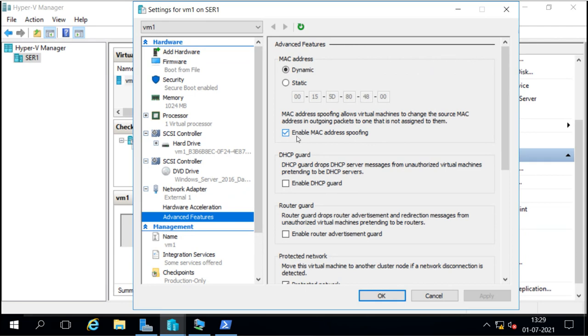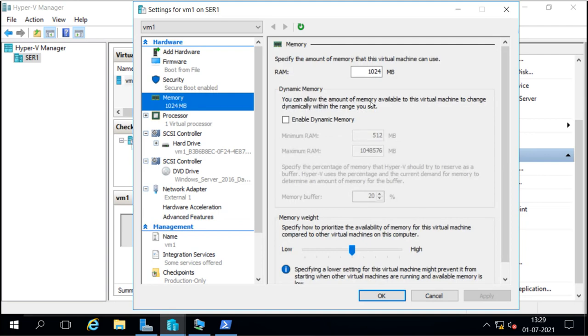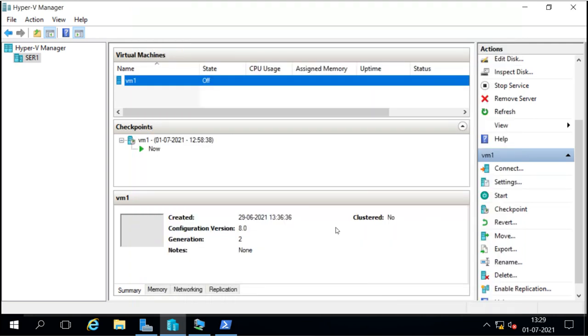So these options are now enabled, and the RAM is 1 GB. It must be at least 4 GB for having one virtual machine. For creating at least one virtual machine, it must be 4 GB RAM. So we have to mention 4 GB RAM here, static memory, but I cannot do it here because I do not have that much real machine memory. So I'll go with 1 GB. I will start the virtual machine now.